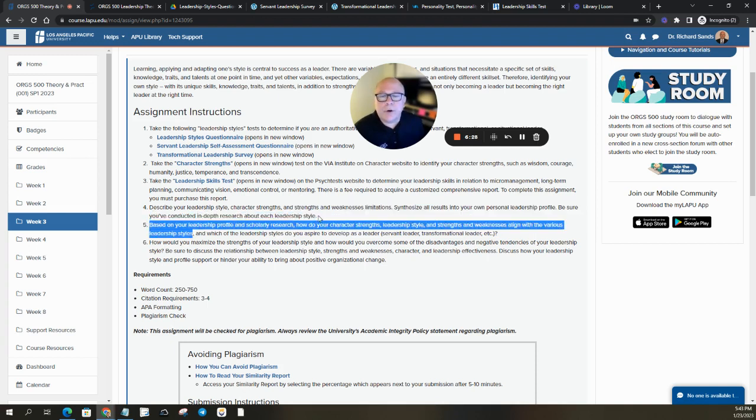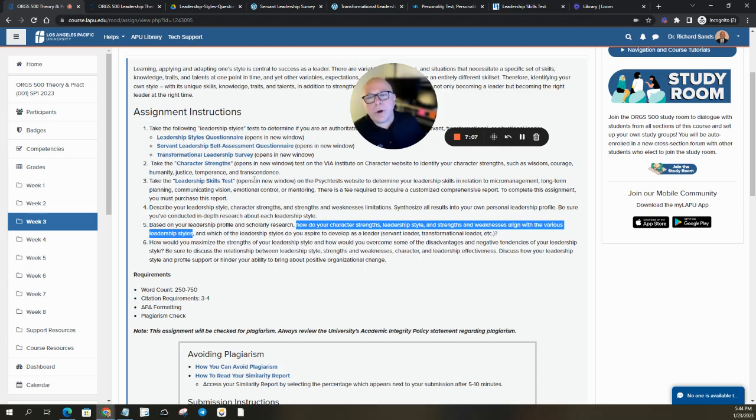Okay, so answering this question, under 5, the first section is how do your character strengths, leadership style, and strengths and weaknesses align with the various leadership styles? That's what you're going to write about. That's the first thing here in this fifth point. Then it says and. So that's the first thing, and then and means you're going to write about something additional.